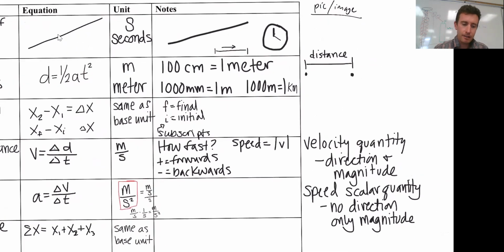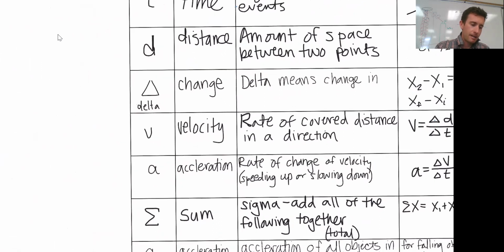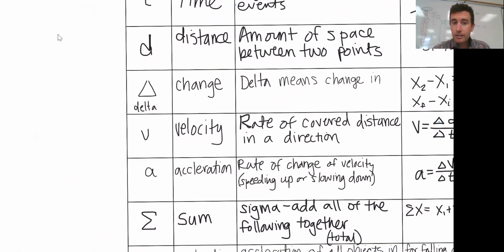And then for distance, I drew 2 dots, and I drew the distance between them. Great. The third piece that we're going to add in is the idea of change. So in physics, you will often see a little triangle in front of something. That triangle indicates that there is a change. It's the Greek letter delta, and delta means change. So delta means change in,